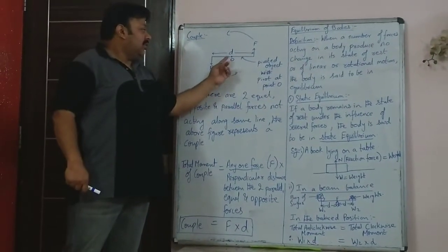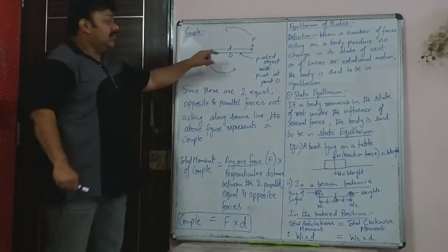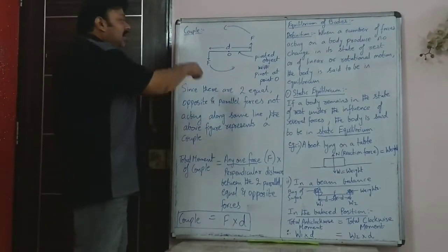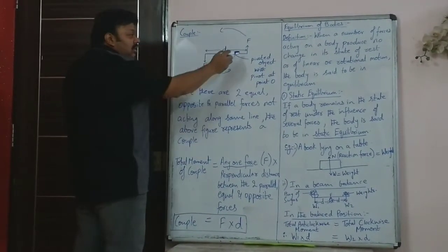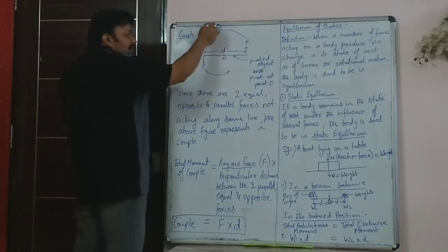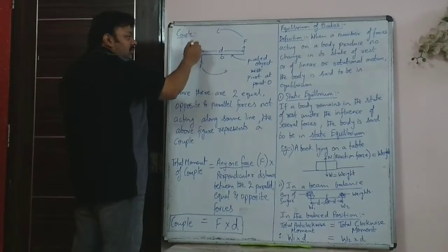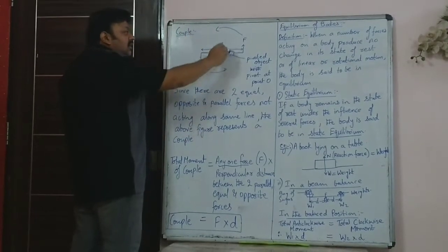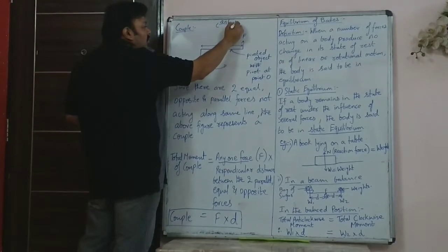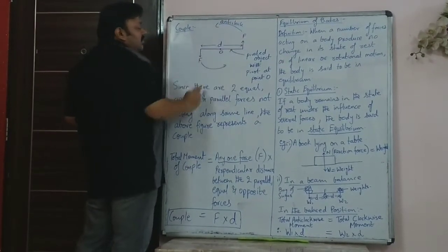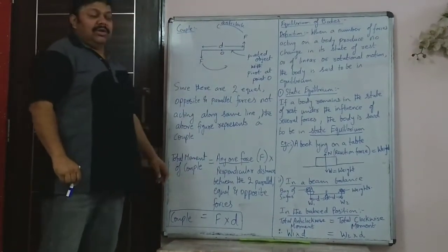And the object, this is a pivoted object. The object is pivoted at the point O. That means it is free to rotate. It is just screwed at the point O. So now there are two equal, opposite and parallel forces, so that constitutes a couple. So this force is acting this way and this force is acting this way. So now this will cause rotation in this direction, and this direction is anti-clockwise direction. So both the forces are helping the rotation in anti-clockwise direction.